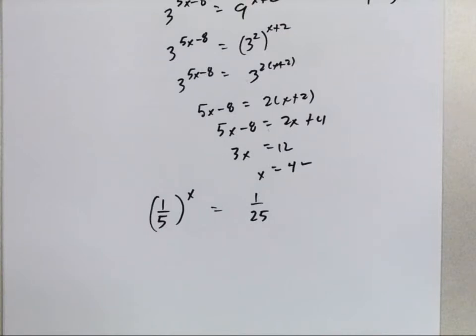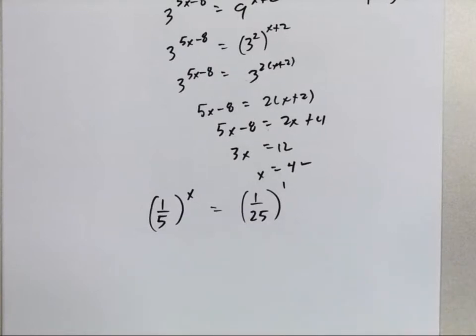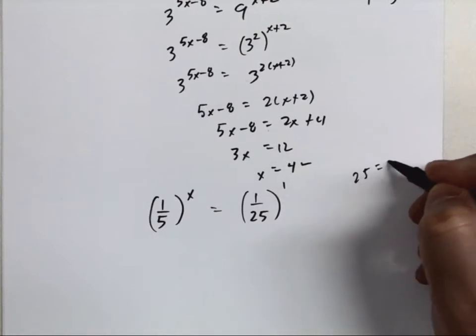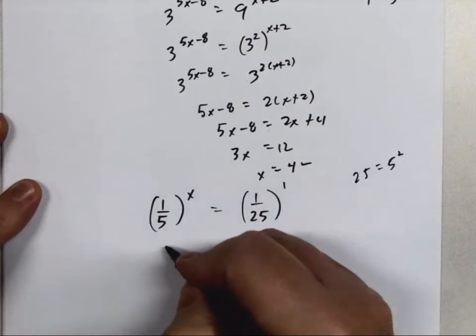So here we go, 1/5, that whole fraction raised to the x exponent equals 1/25. If you want to, you can think of it as 1/25 to the first power. So if you think about these like two exponents with two bases, I've got a base of 1/5 and a base of 1/25. Not a whole lot I can do. Then once again, you realize that 25 is 5 squared, so you say, well, hey,